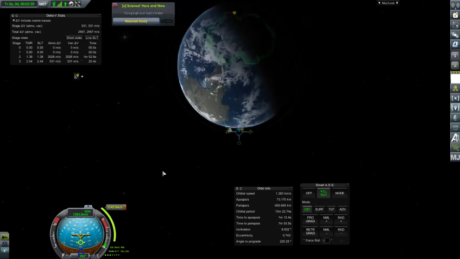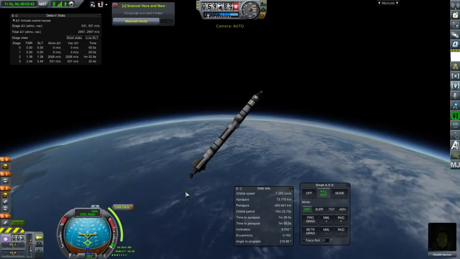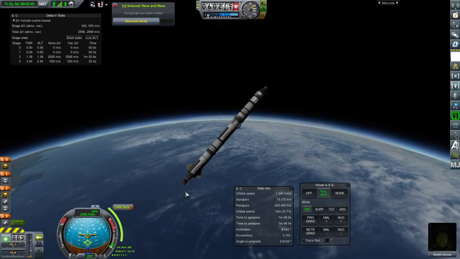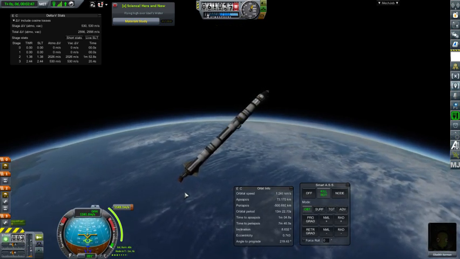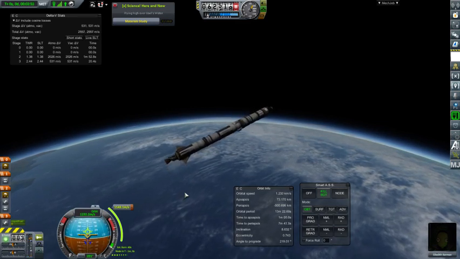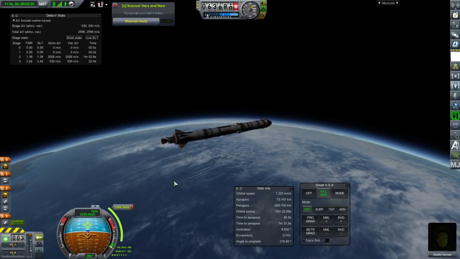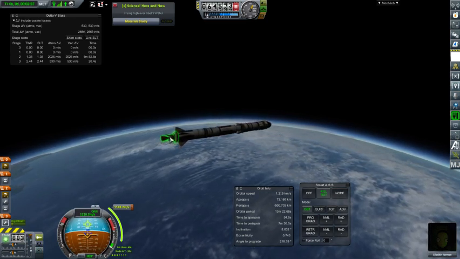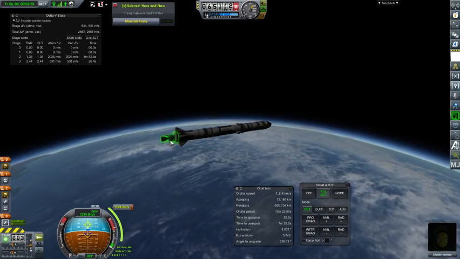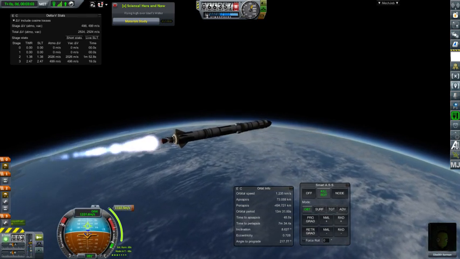So that would take me to 90 kilometers, so we need to point ourselves actually at the thing. It's saying an estimated burn time of 40 seconds, but that's calculated for using this engine, and of course we're about to ditch that stage, so we're basically going to start burning right now,